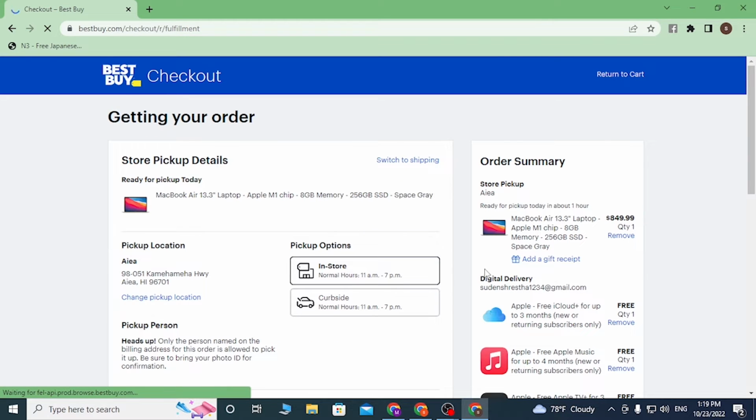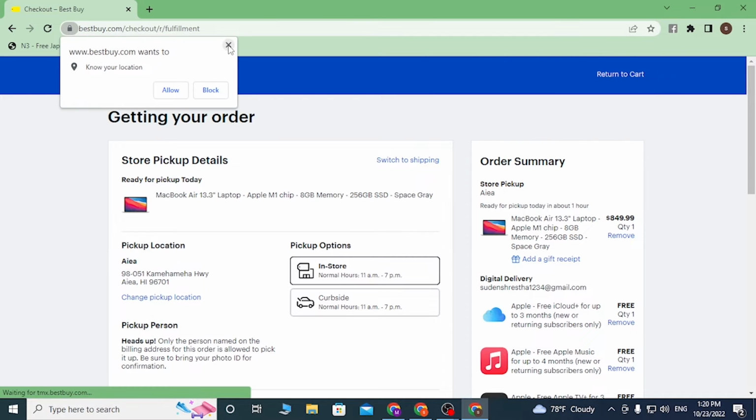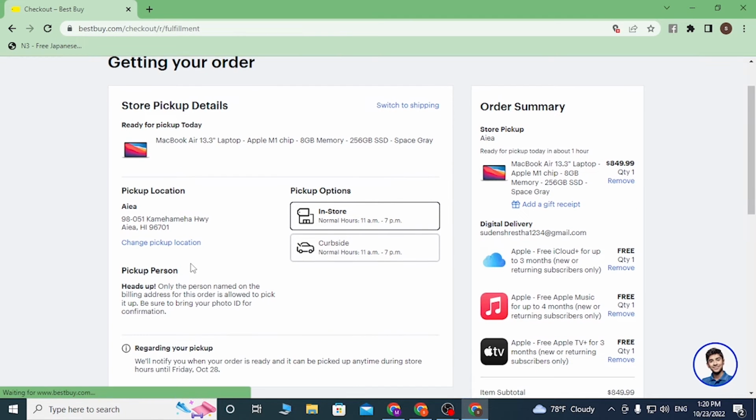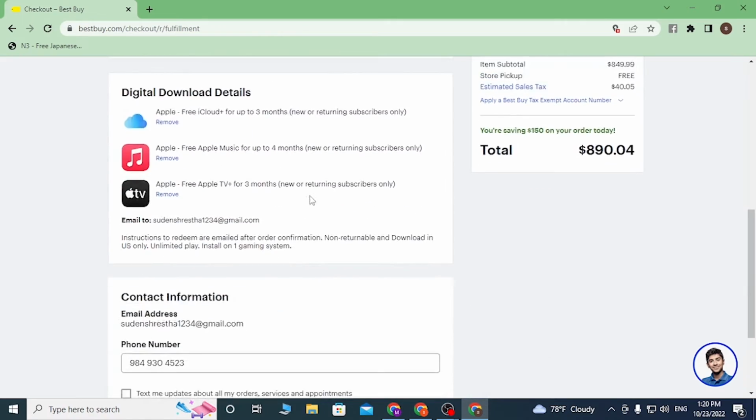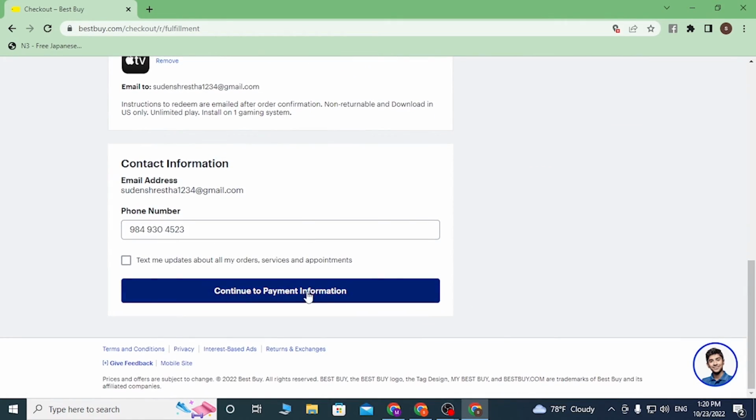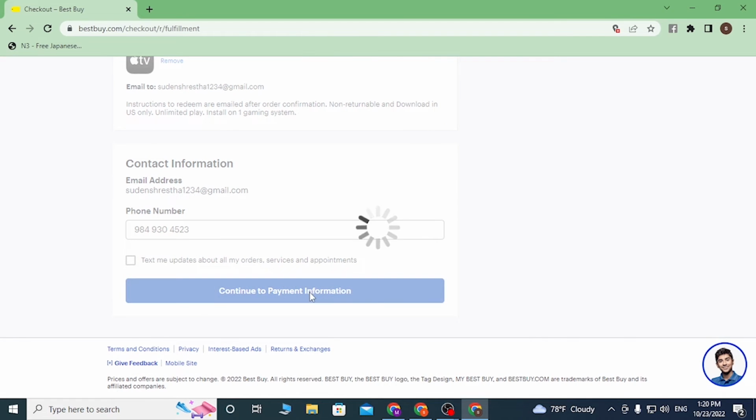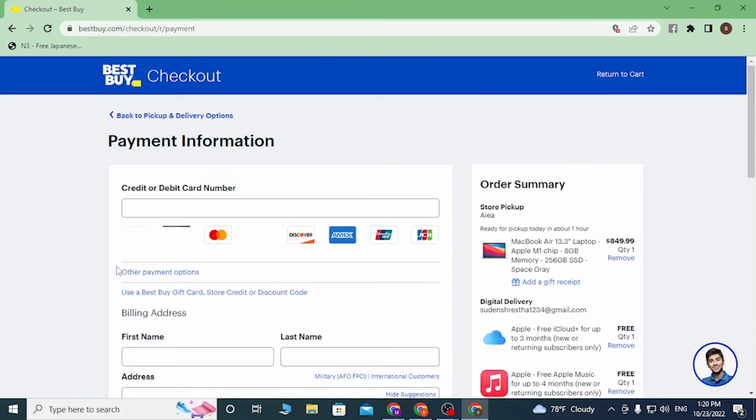and after that you'll be redirected to this page, or let's close this, where you'll be able to change your pickup location here as well, but we'll not be doing that. Let's scroll down and you can see the continue to payment information. When you scroll down over here, click on continue to payment information, and after that when you land on this